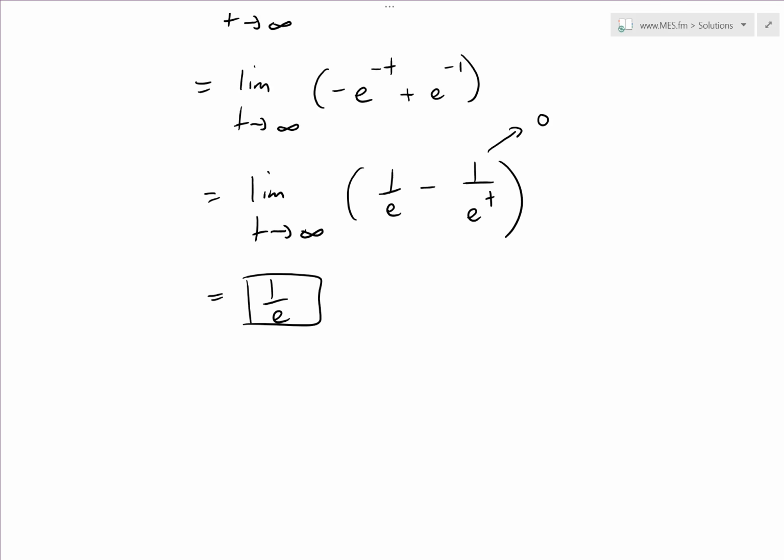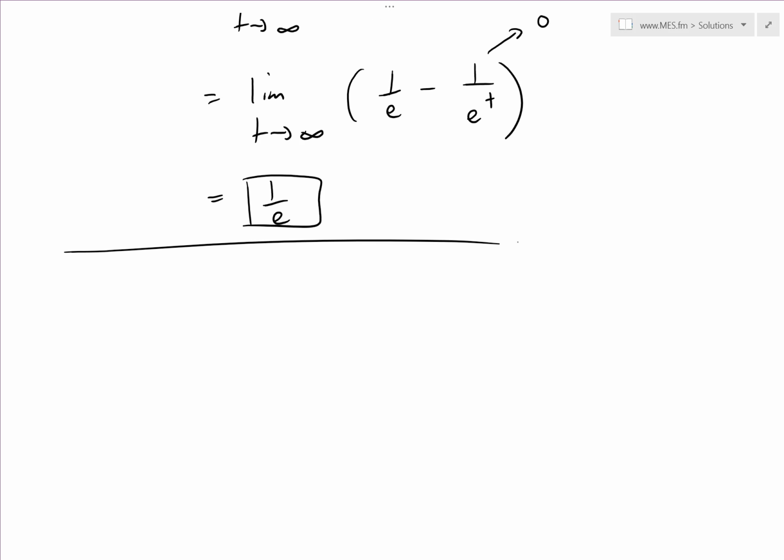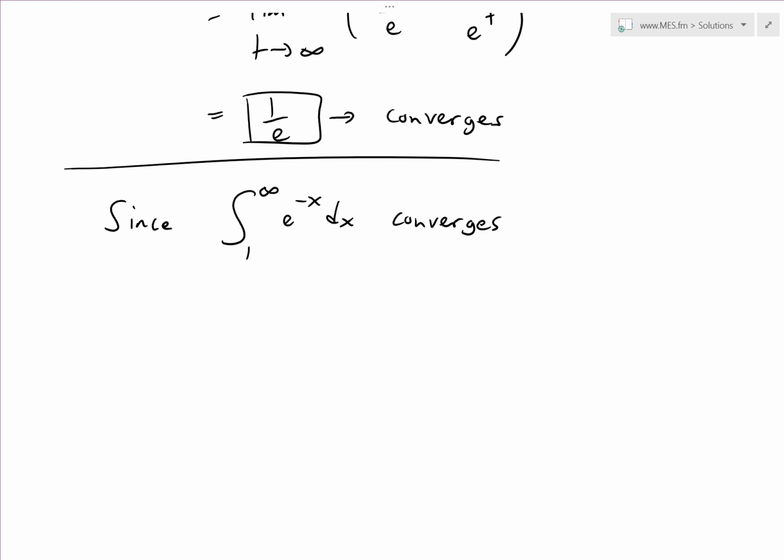Thus we can apply the comparison theorem. Since the integral from 1 to infinity of e to the negative x dx converges to a finite value, or finite area under the curve,